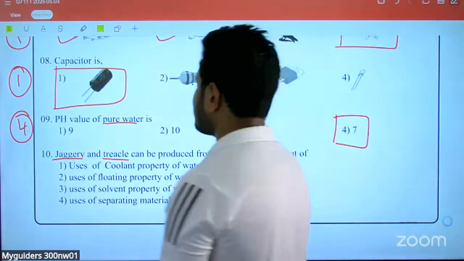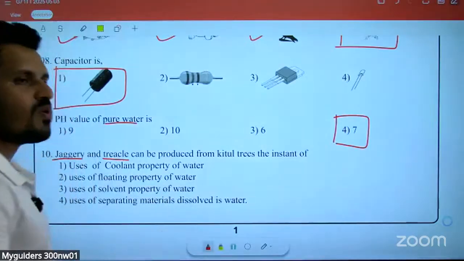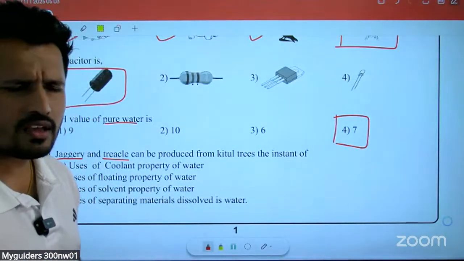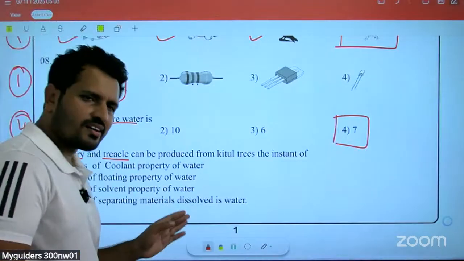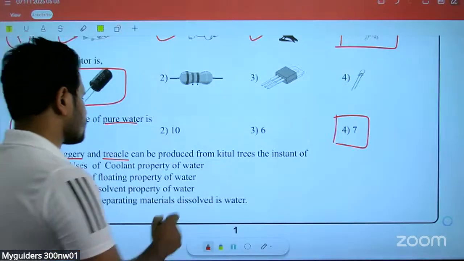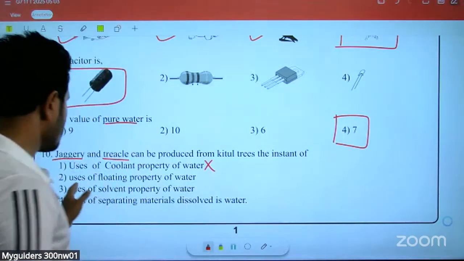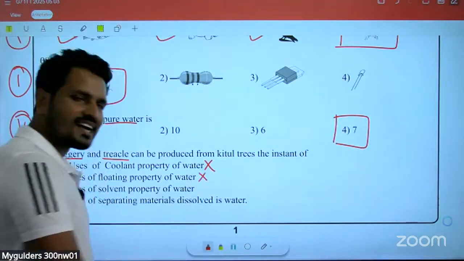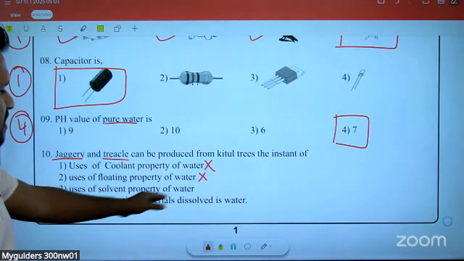And then after that we can remove more and more water, then we can observe jaggery. So this is the procedure where we can make jaggery and treacle. So use of coolant property of water, no, this is not relevant with the coolant property. Use of floating property of water, no. Use of solvent property of water,